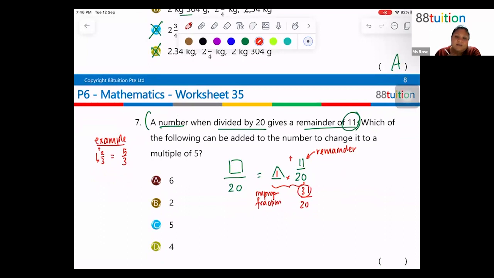It cannot be a multiple of 5. Okay. 31 divided by 20 cannot be a multiple of 5. So for it to be a multiple of 5, that means you need to do something here. What do you need to do? D, that's right. You need to make sure that when you add a number, it is a multiple of 5, which means it can also be divided by 5. So in this case,